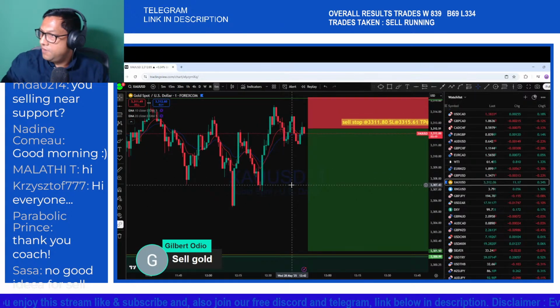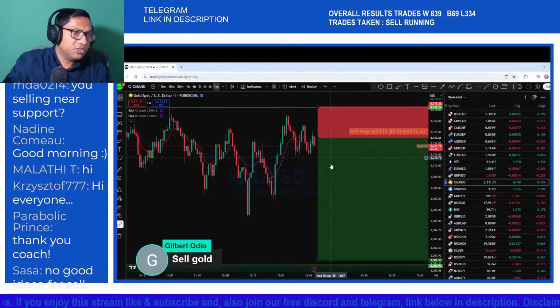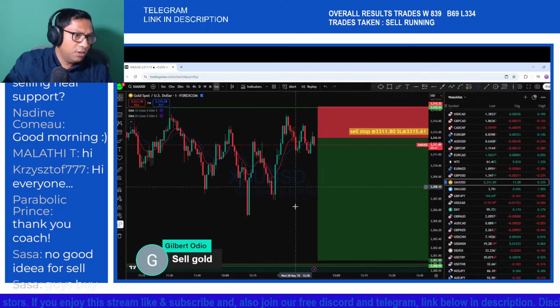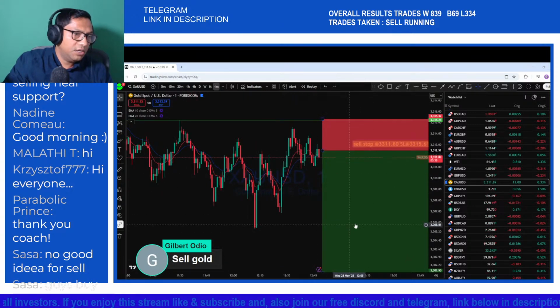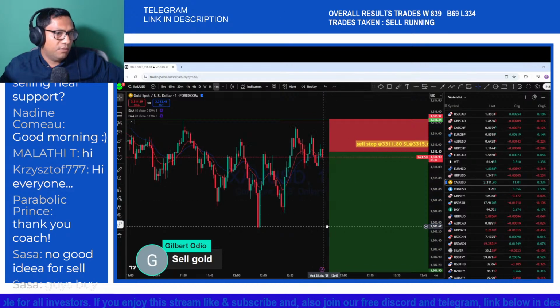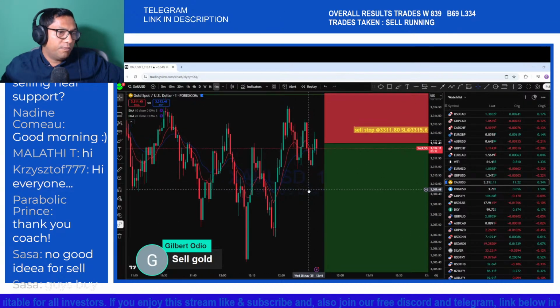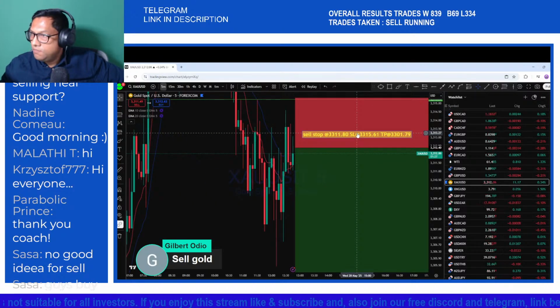We are seeing again possible rejection. So if this structure is breaking below the support, then we could see it turn back down here to the support level. We'll be waiting for possible trend continuation,